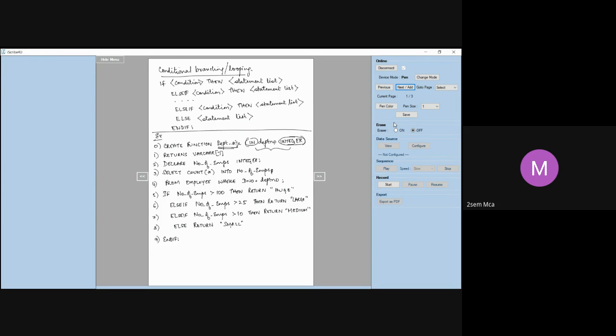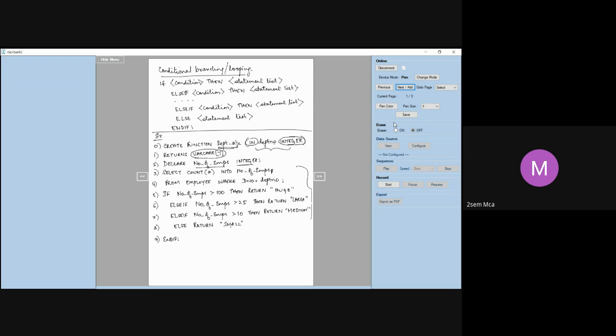Now, next, since it is a function, what we should do? We have to specify a return type, correct? So returns, what is the return type here? Varchar of 7. Then we come to the local declarations. So what is the local variable that we are declaring? Declare number of employees. This number of employees is a local variable, okay, which is of the type again, integer, okay? Then we give the function body. So this whole thing forms your function body, right?